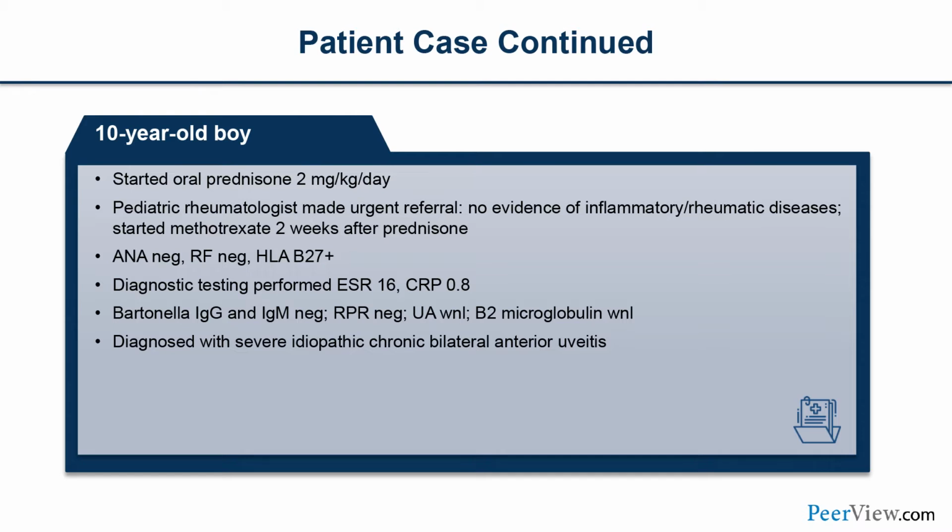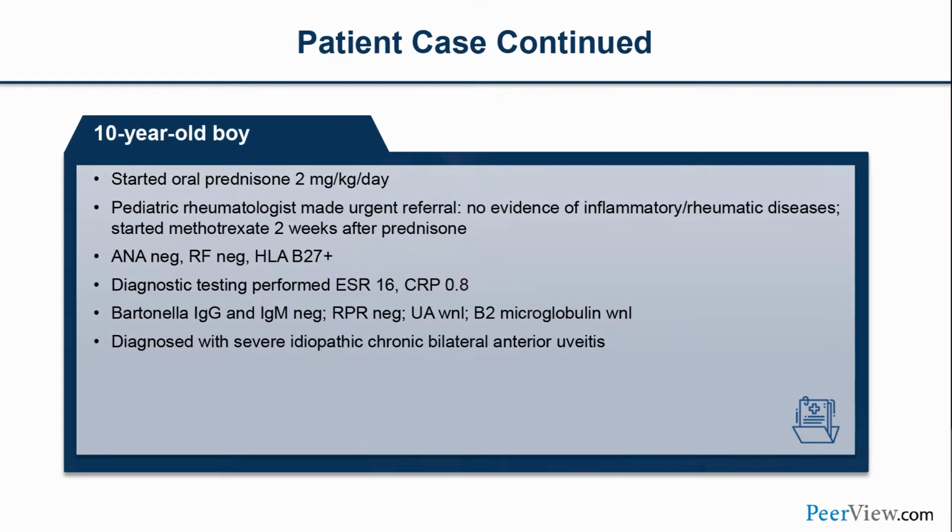We checked a urine beta-2 microglobulin and a urinalysis thinking about TINU, tubulointerstitial nephritis and uveitis, that was also negative. So this kid actually has idiopathic, very severe chronic bilateral anterior uveitis, or at least that's what he had at that time. And we put him on methotrexate, tried to taper his corticosteroids,